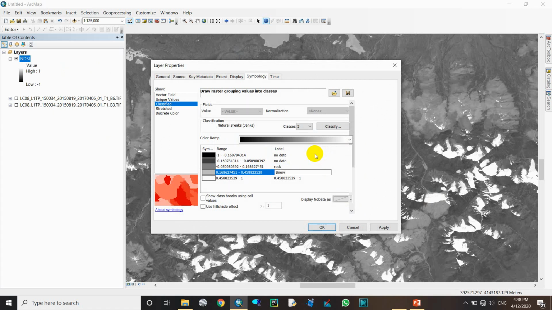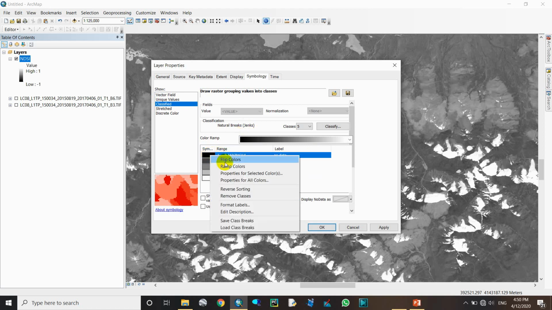Snow, or we can say, because no. Yeah, here we can say snow plus glacier, and this means from 0.45 up to 1 should be glacier. Okay, now just come to the loss flip to color, double click on here,